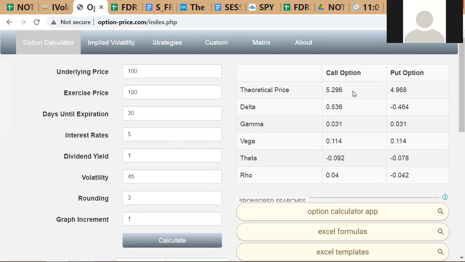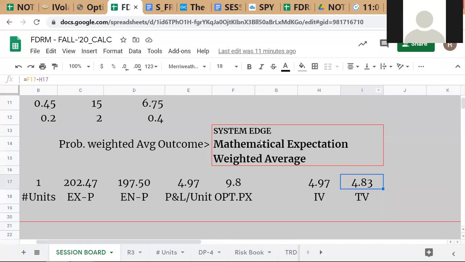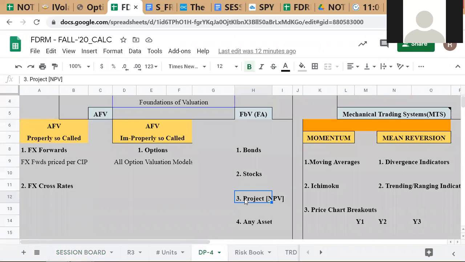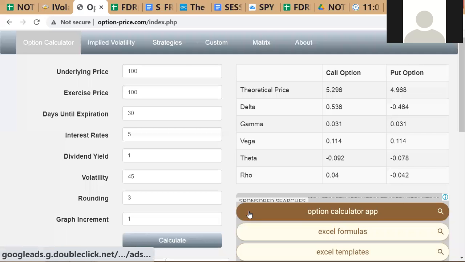Okay. Same here when you're doing your NPV, project NPV. You come up with an NPV figure. What does it mean? This is a fair value model. It means that if these cash flows are correct, if my cost of capital estimate is correct, then this should be the NPV. That's all it means. But of course, those two are big ifs. Okay, especially the first one, the cash flow estimates, they may not be correct. So that's basically what this means.